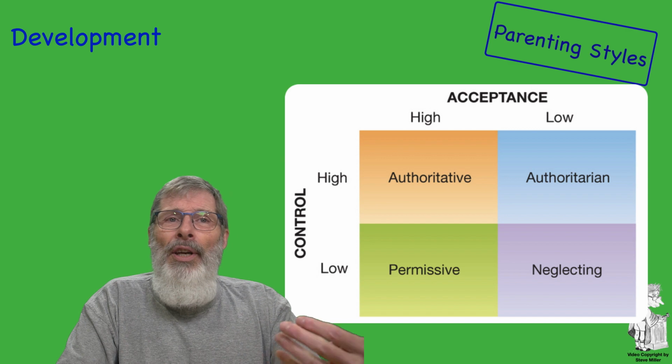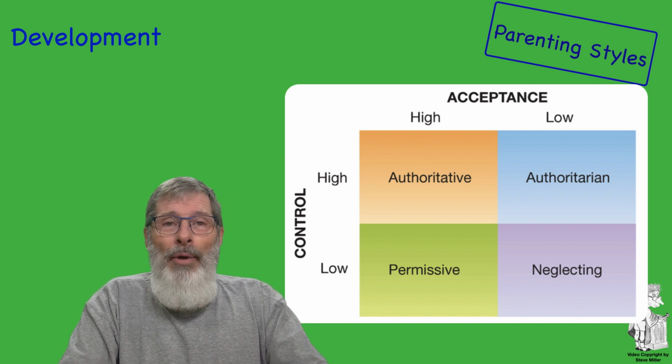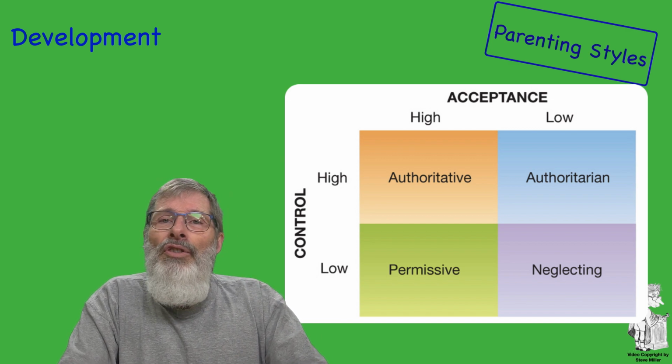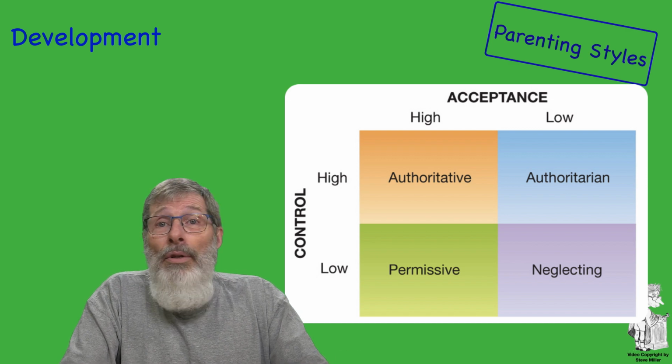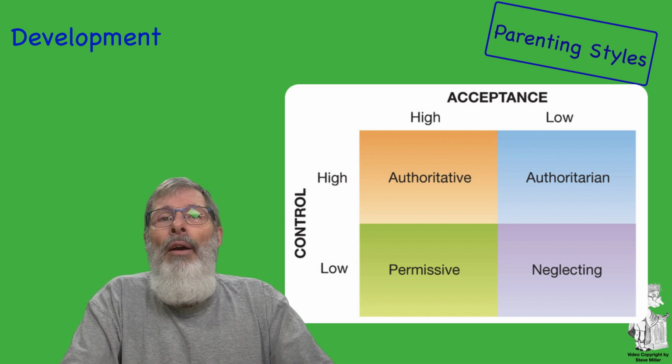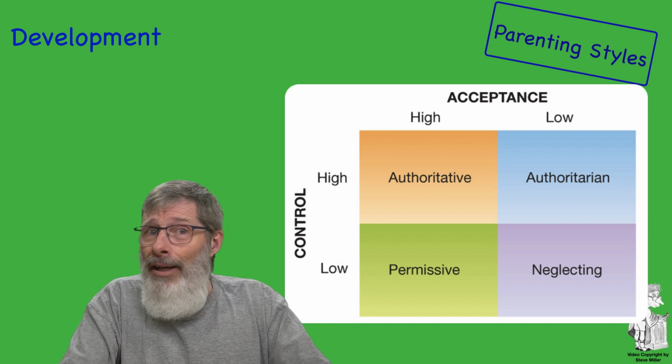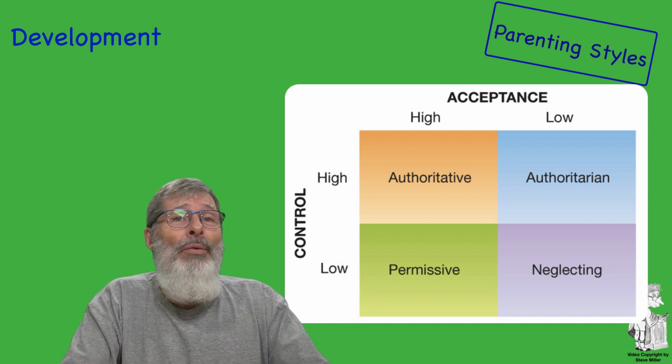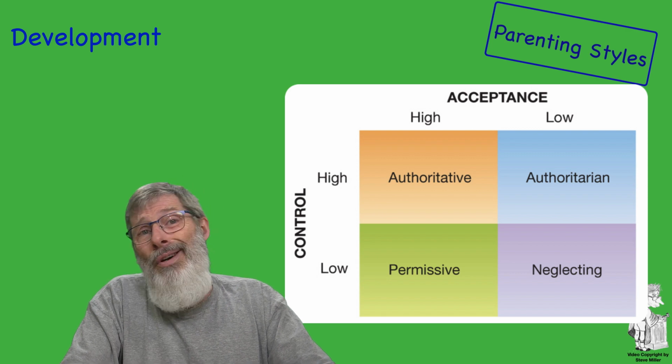The fourth group is what's known as the uninvolved parent. This is leaving children on their own, making few demands, showing little warmth and encouragement. Children of uninvolved parents obtain poorer grades, hang out with the crowd at parties and deal with and use drugs.